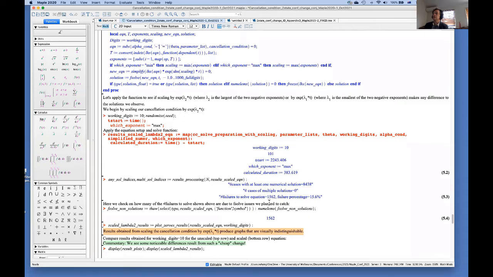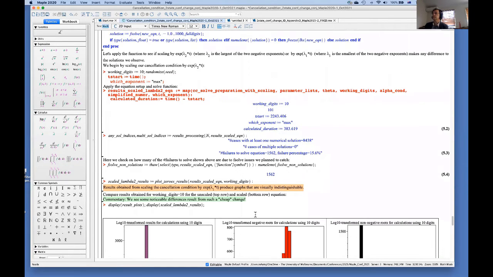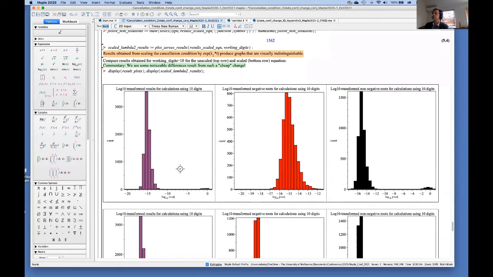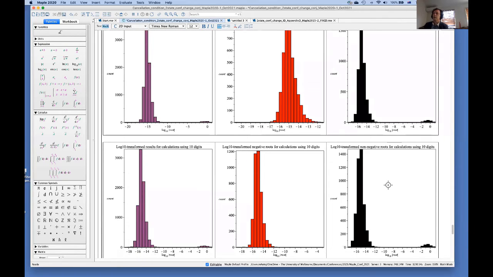We do see some decrease in the number of times fsolve fails to return anything. And those are due to what we were trying to catch, which is the unevaluated function or the frozen empty set, which I was going to use to then recover the coefficients of the exponential. And if we look at the results in this case, at the top we've got when we just use the original equation, and at the bottom is by applying that scaling, multiplying through by an exponential.